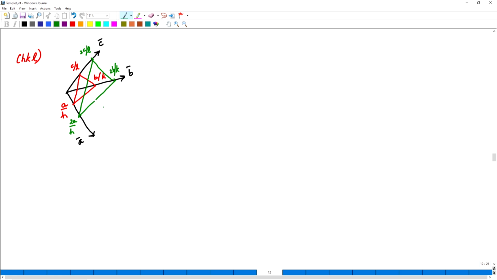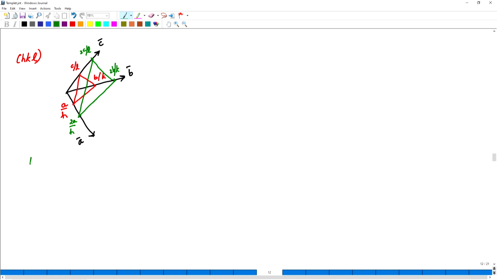Since I have just travelled the same distance, this second plane is going to be, first of all, parallel, and it will have the same Miller indices as well. Suppose I consider the Miller indices for this. These are the actual intersections: 2a upon h, 2b upon k, 2c upon L. Take the reciprocals and remove a, b and c.